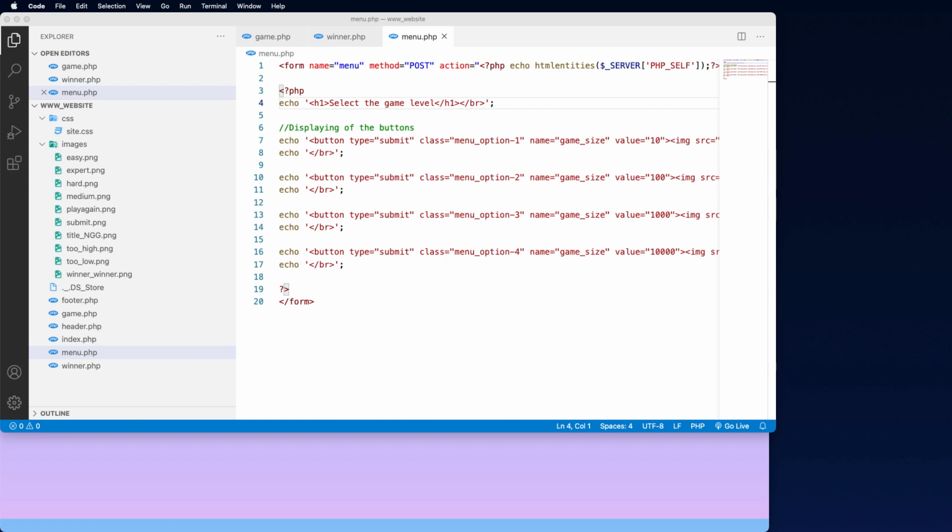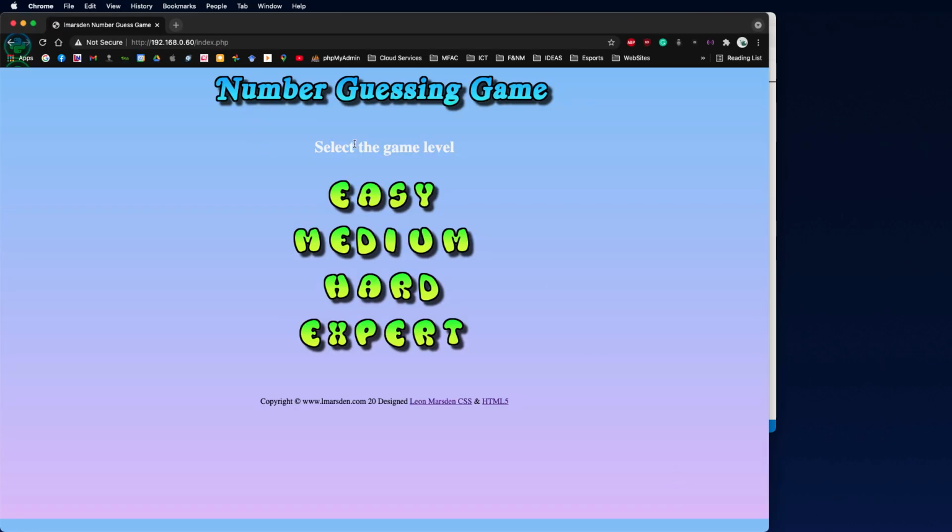Okay, in this last session, we're going to look at cleaning up some of the CSS and talk about some opportunities that you could add to the game. From the main menu and from the start of the game on the index.html, you notice this select game level sort of is out of place. It doesn't sort of fit into the graphics that are going on with this page. So you might want to change that to an actual title that uses a graphic with a cool font. That might engage more people,